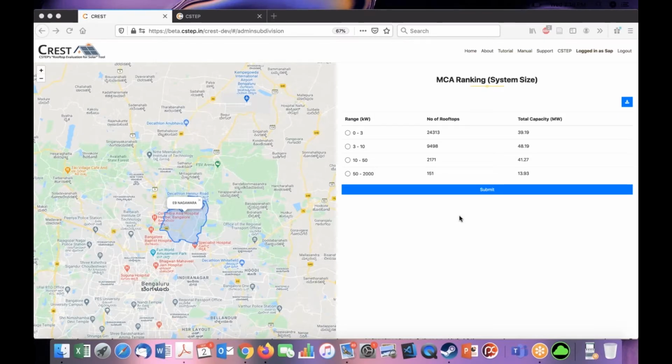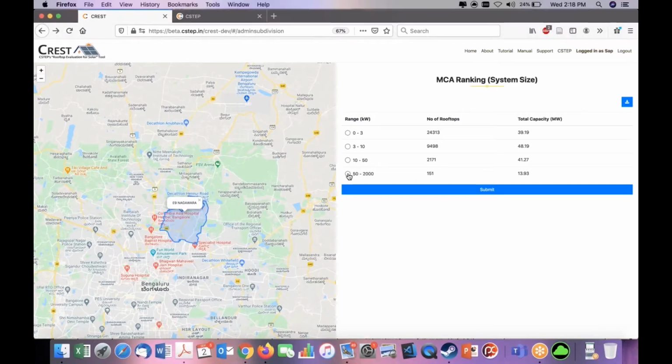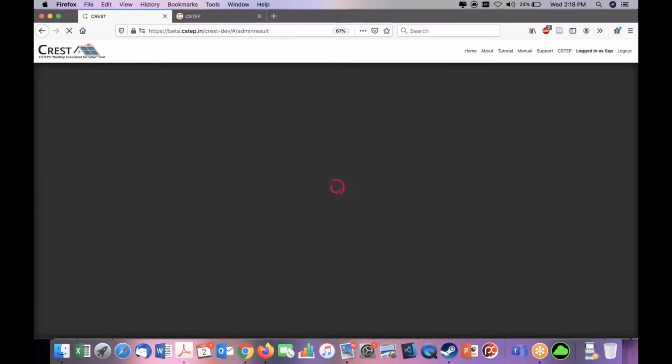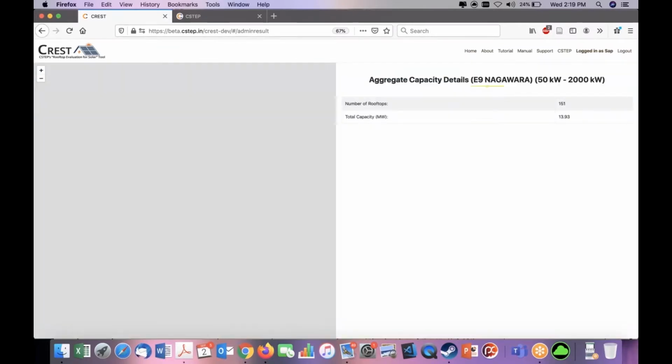So this way, the third party also has a very good way of knowing what their business case is if they put a certain size on any of the identified rooftops. So this has been made using a multi-criteria analysis where we showed that it's based on the available distribution transformer capacity and the radiation on each of these roofs.